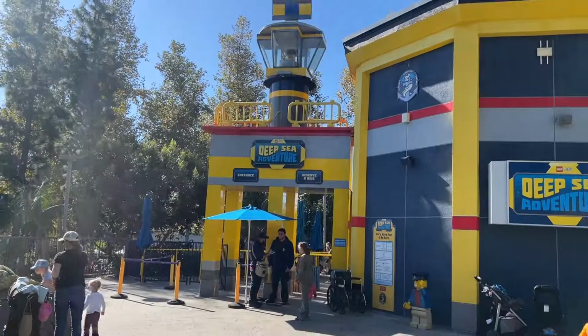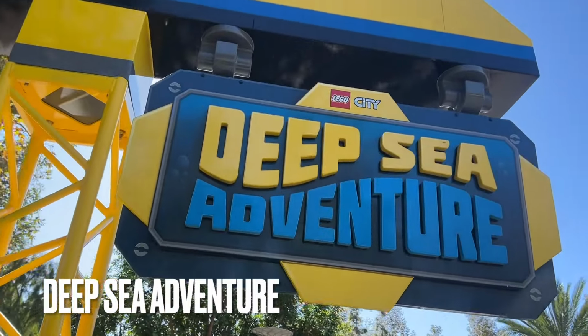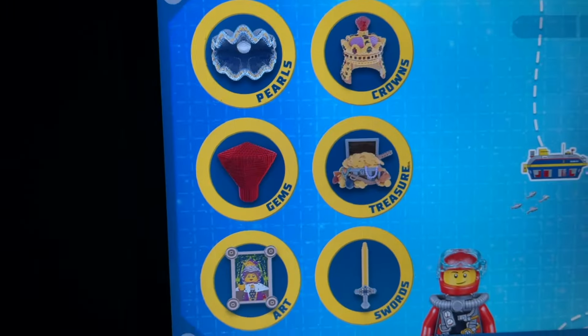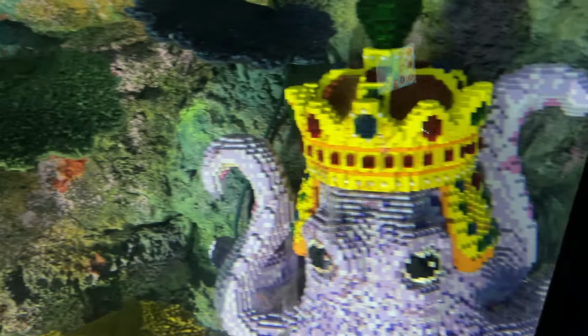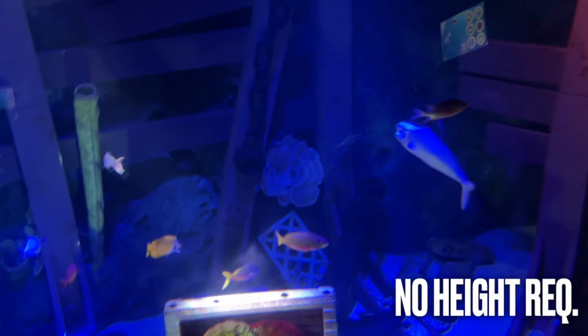Sorry, teens. In the Lego City area of LEGOLAND California, you'll find Deep Sea Adventure. This is an underwater submarine ride that will have you hunting for treasure as you seek to become a master explorer. In the water, you'll see a variety of LEGO displays, plus live fish and sharks. Don't worry, Deep Sea Adventure doesn't have a height requirement and is perfectly safe for the whole